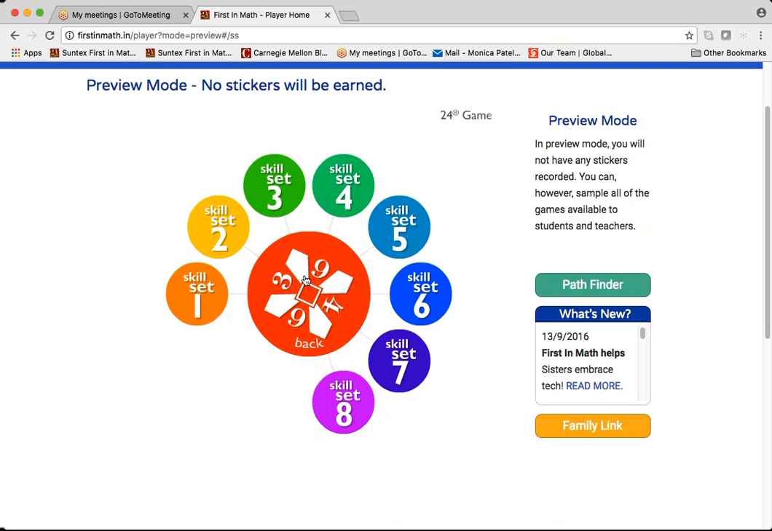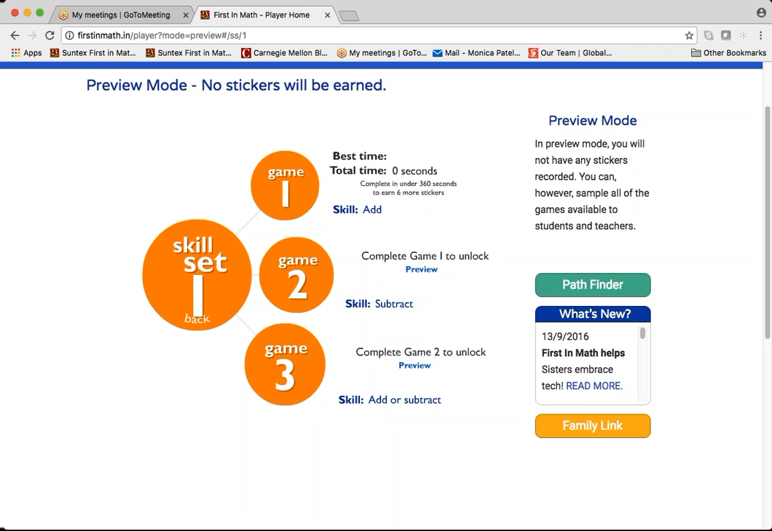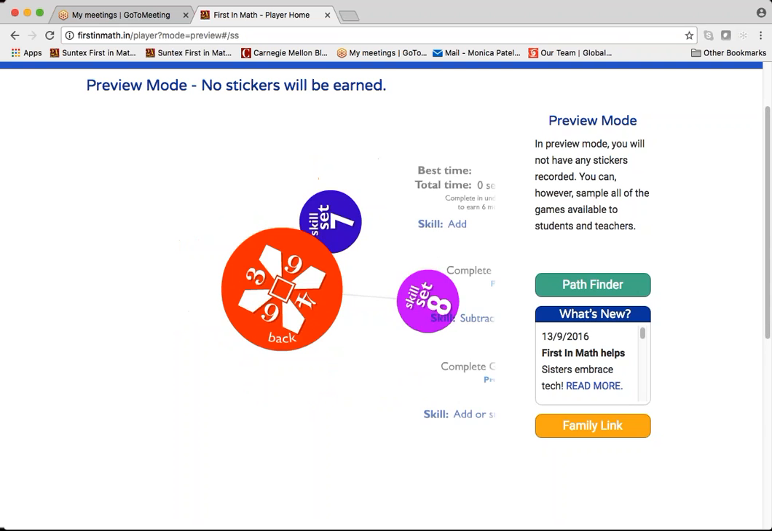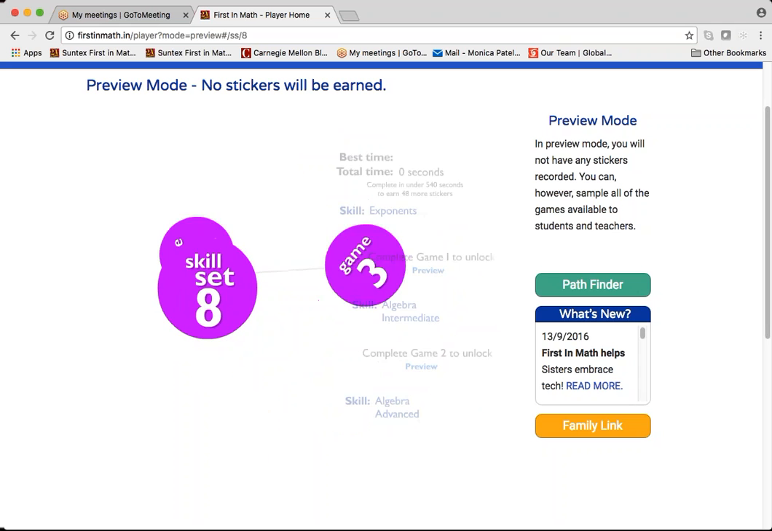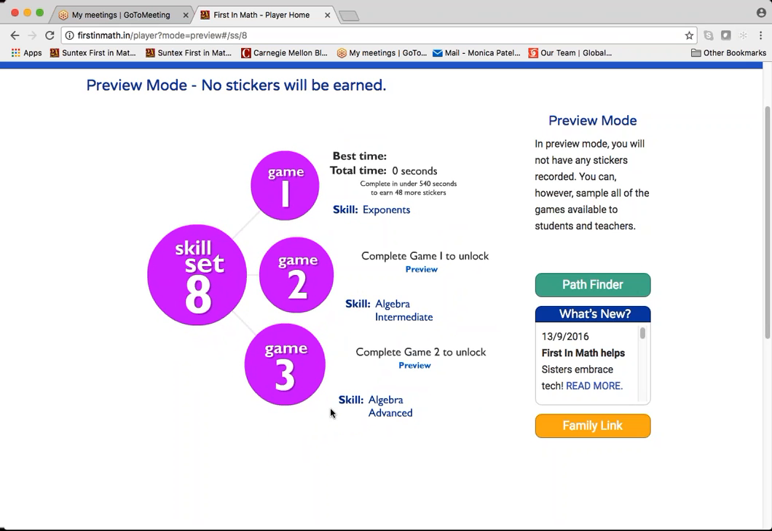So 1 to 8, let's say we start with skill set 1. Here's where you can see the scaffolding across the content. That means starting with simple addition, then moving to subtraction, then add and subtract. And by the time you get to skill set 8, you have come to exponents, intermediate algebra, and advanced algebra. So basically, this is a great example of leveling of the content by skills, by concepts, such that,